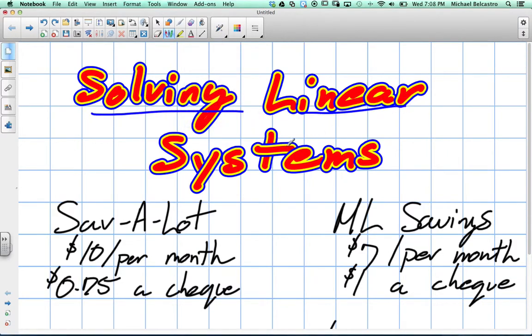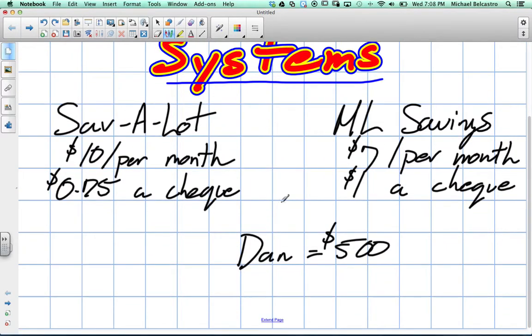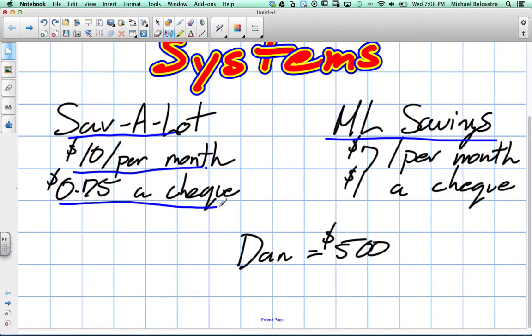So we're going to look at solving linear systems. And we've been given two bank accounts. So our man Dan here's got $500, right? And he wants to put money in a savings account. And these two options were Save-A-Lot and Maple Leaf Savings. And Save-A-Lot charges $10 per month and 75 cents per check, while Maple Leaf Savings charges $7 per month and